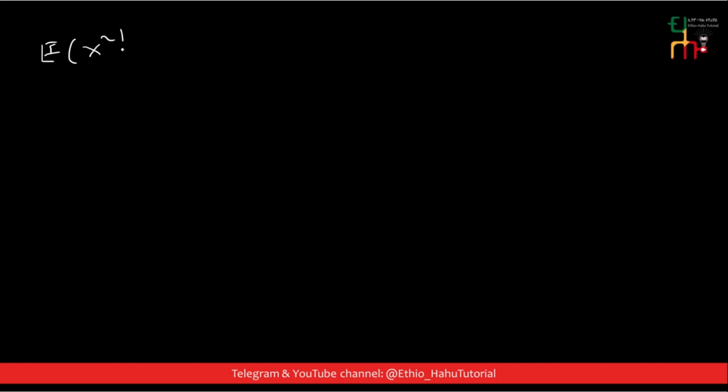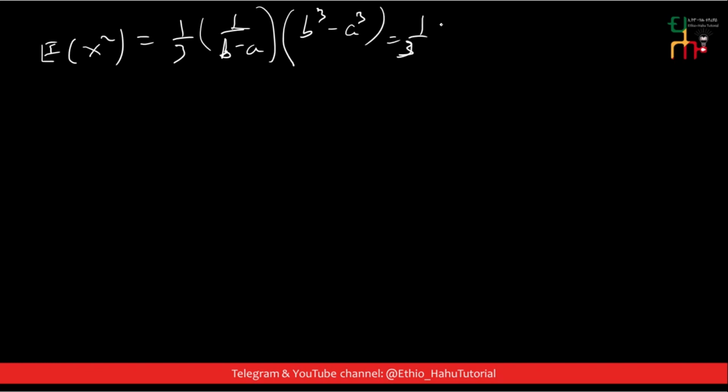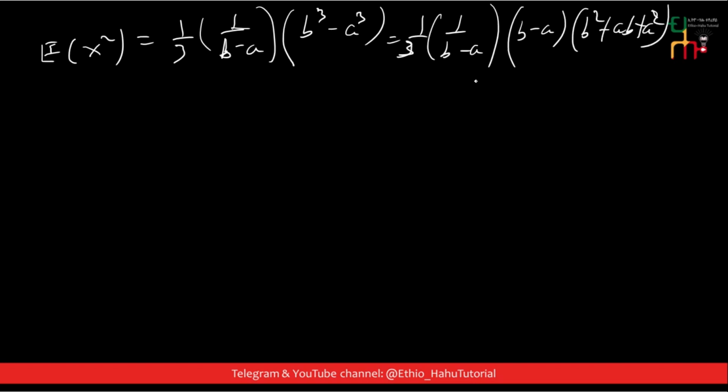ስለዚህ ይሄንን ሰብስቲት ብታደርጉ ማለት ነው expected value of x square ማለት 1 over 3 into 1 over b minus a times b cube minus a cube ነው። ይሄ ነው ማለት ምን ብያችኋለሁ 1 over 3 times 1 over b minus a times b minus a into b square plus ab plus a square ይሄ ያለኝ ይሄንን b minus a በb minus a ይጣፋልኛል ከዚህ ምን ይቀረኛል ማለት ነው ይሄ b square plus ab plus a square over 3 ይቀረኛል expected value of x square ማለት ነው።